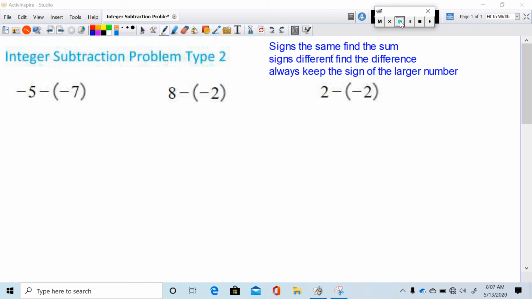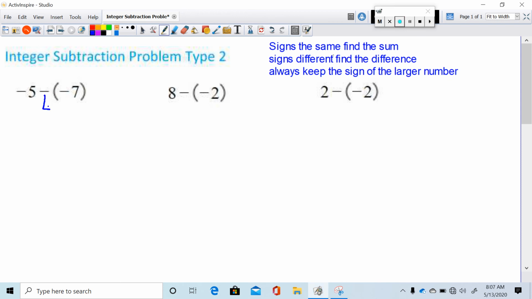Integer subtraction, problem type 2. This is problem type 2 because it's a medium level. It has parentheses with a negative in front of it. So before I talk about the general rules for doing this, anytime you have a negative in front of parentheses,